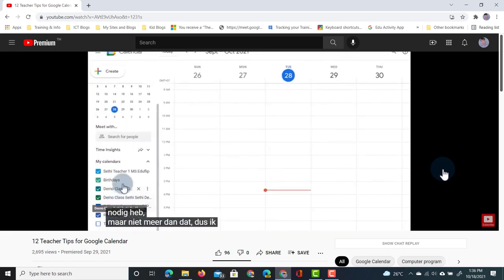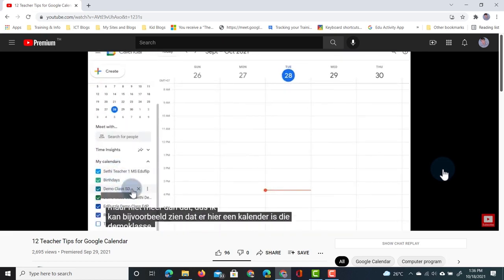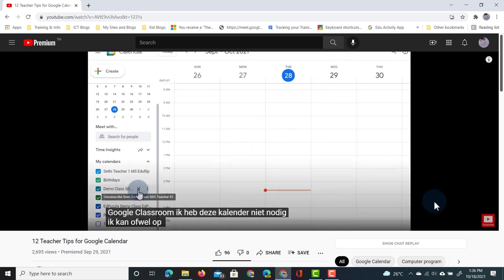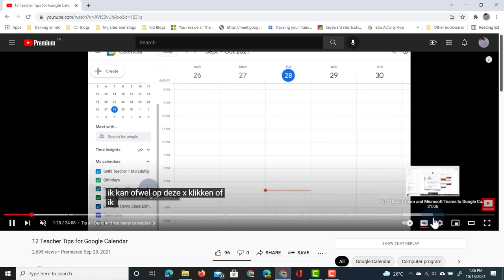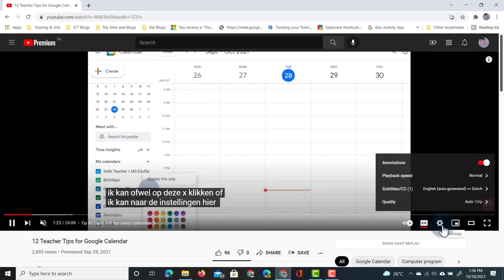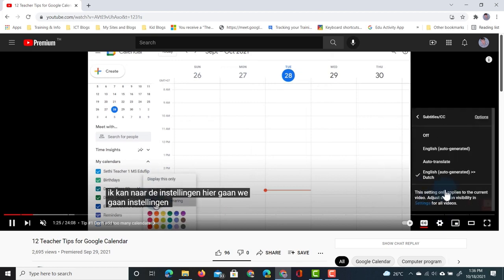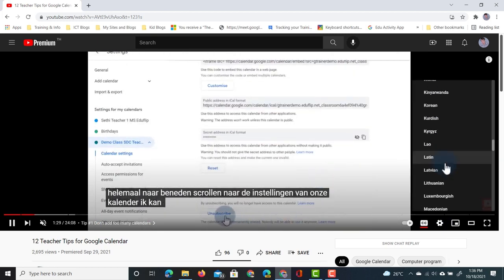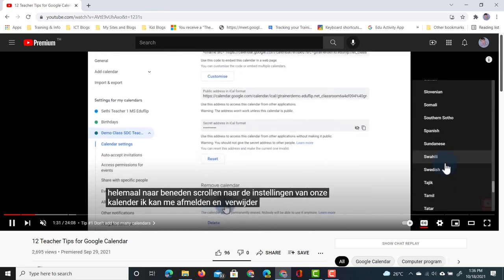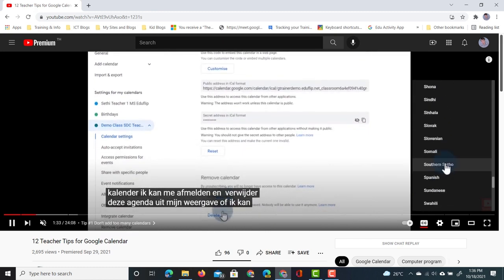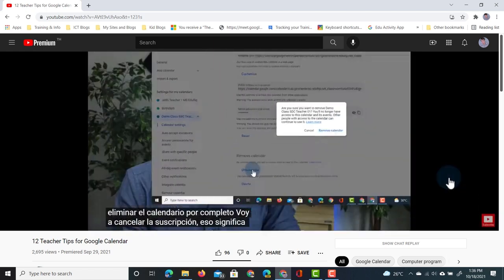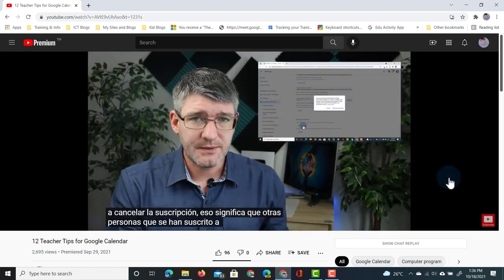And so this is an absolute game changer. Any video on YouTube can now automatically be subtitled, and it's automatically translated as well. Let's go ahead and select another language. We go to this cogwheel, the settings, select subtitles, and let's choose a different auto-translate language. Let's go with Spanish. We're going to scroll down and we're going to find Spanish. Here we go, Spanish. And now my subtitles are automatically translated into Spanish.